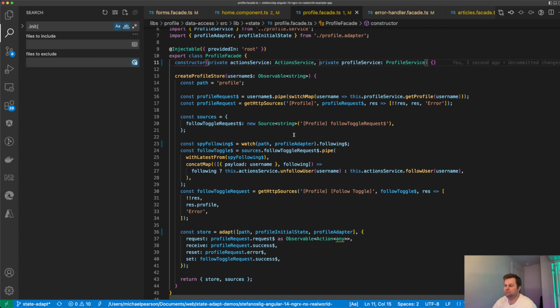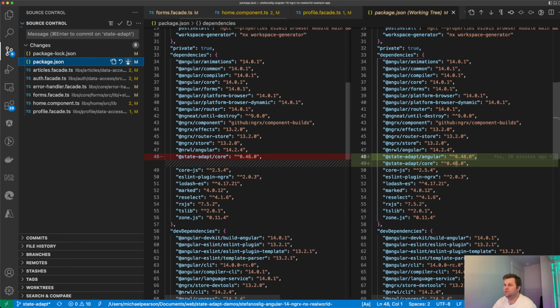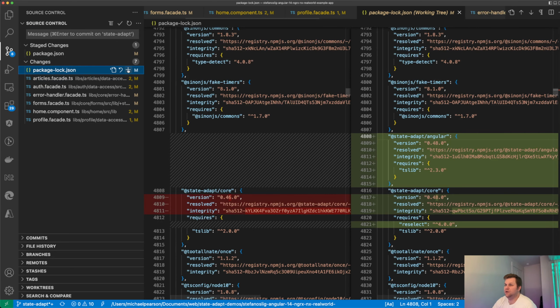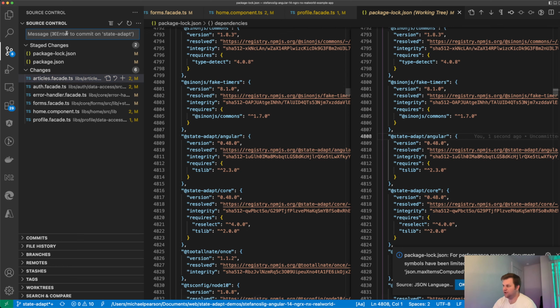Let's commit this. Some of these are like migrations, so we'll have a broken commit. Let's see. Upgrade StateAdapt to 0.48. Is that where we're on now? Yes. Okay, now,